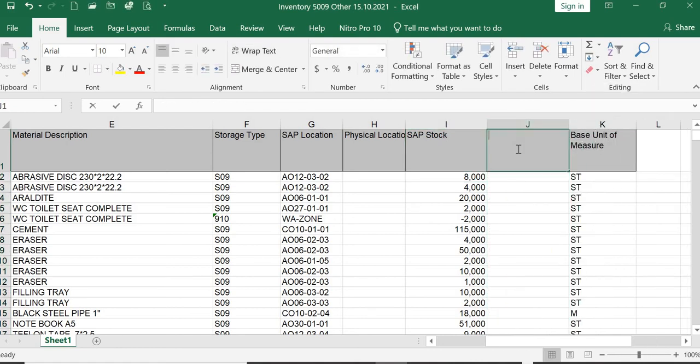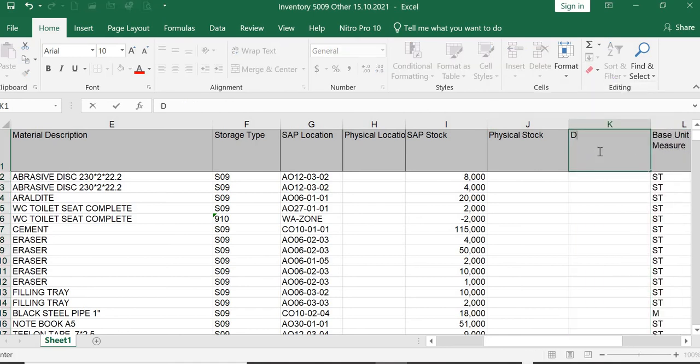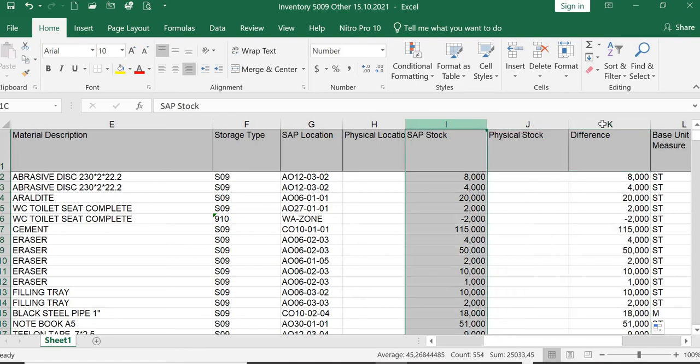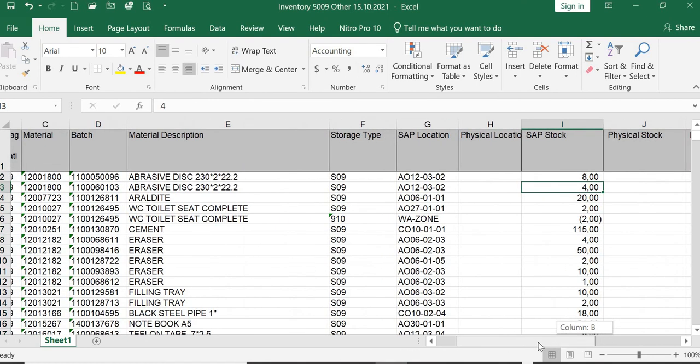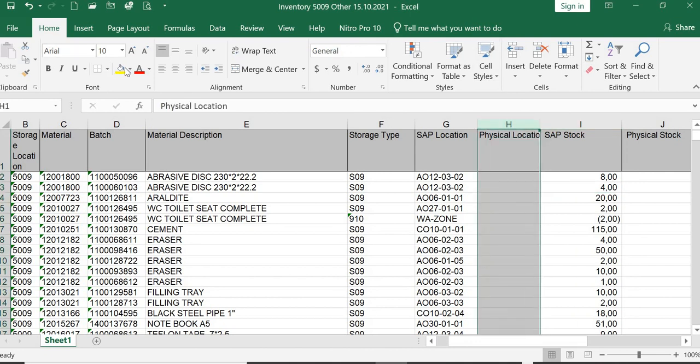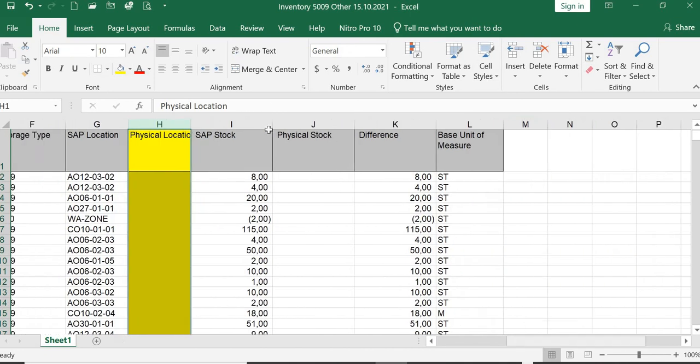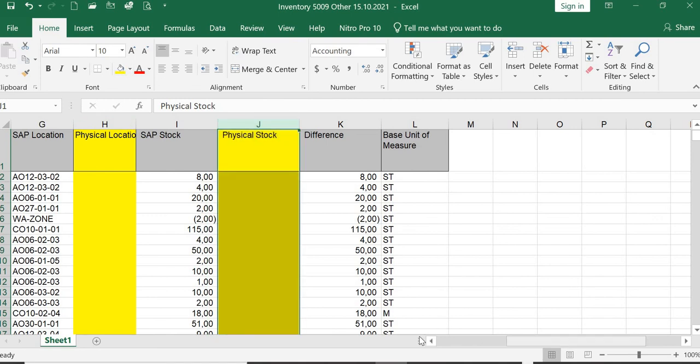Insert. I make here insert difference. I put here the formula: this minus this. Enter. I click inside and just copy. I go down, and because I have too many digits after the comma, we'll do this choice here. I do only 2 after the comma, and I can mark it with yellow to make it much easier to see exactly which is